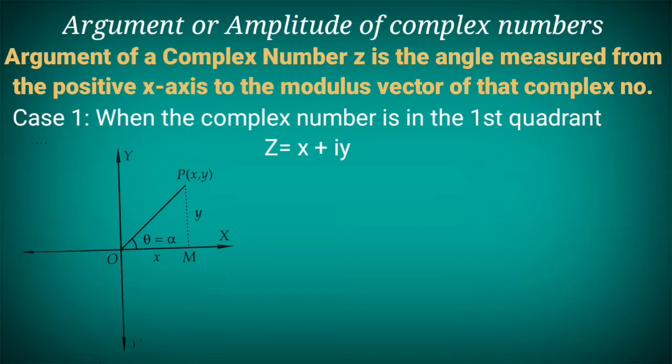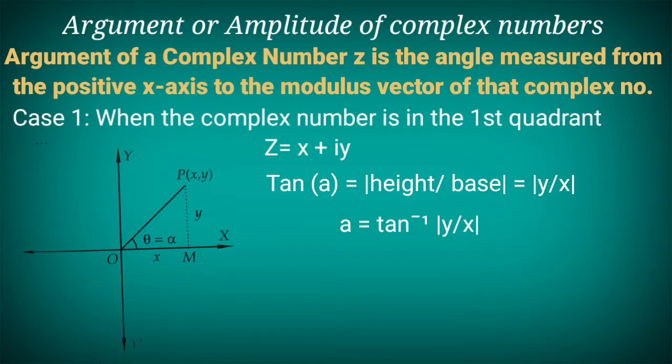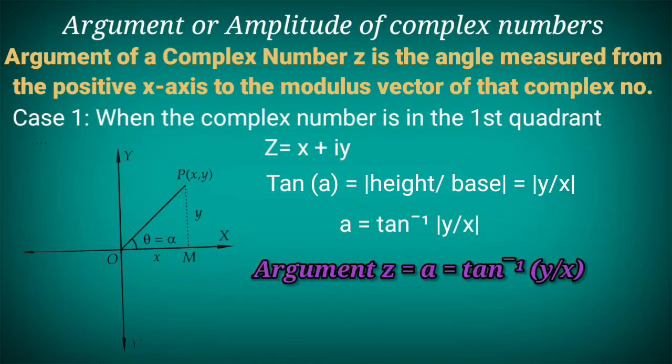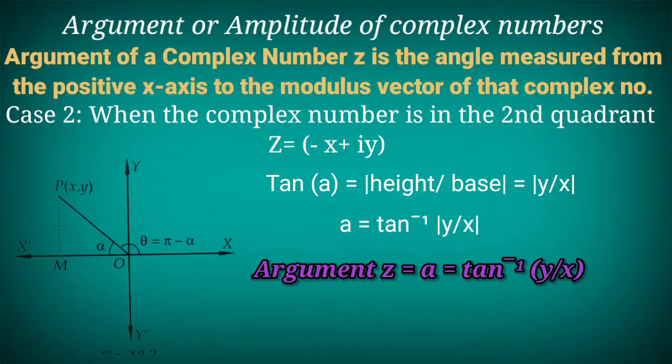Hence tan alpha equals height by base, which is nothing but y by x. So from there we get alpha equals tan inverse y by x. Now alpha itself is the angle made by the mod vector with the positive x-axis. So the argument of z equals theta, which equals alpha itself, that is, tan inverse y by x. And in case 2, let's take the complex number lying in the second quadrant,